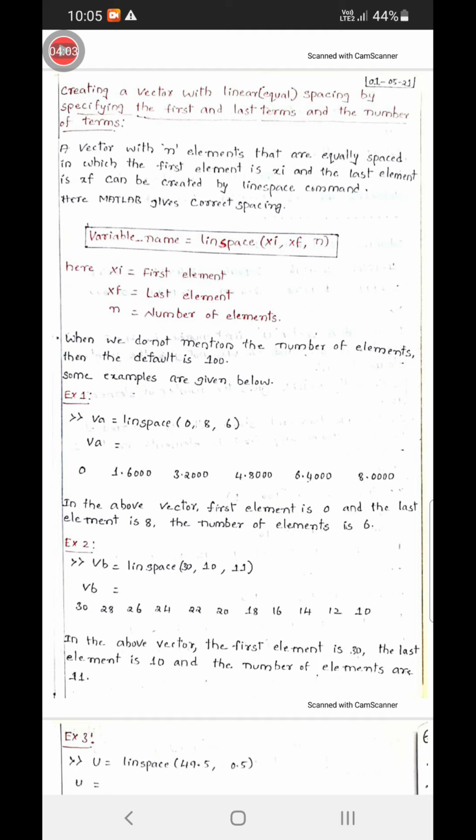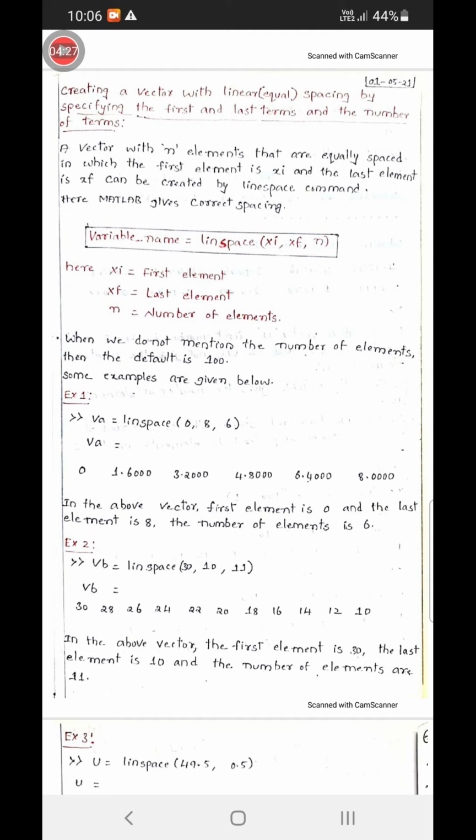The first element is 0, the last element is 8, and the number of elements is 6.